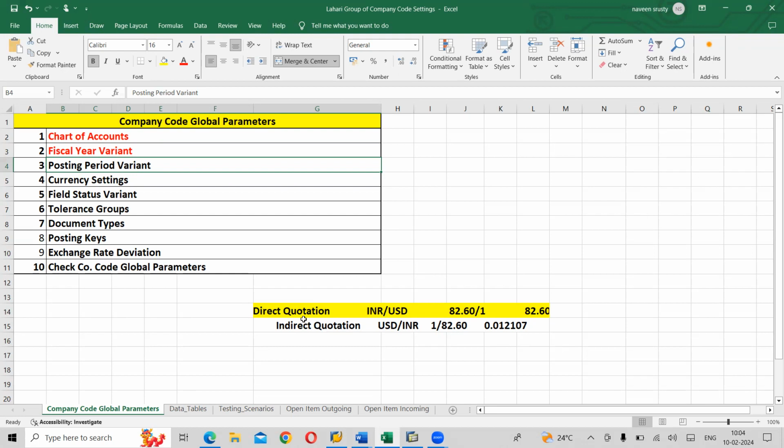Posting period variant helps to open the periods or close the periods